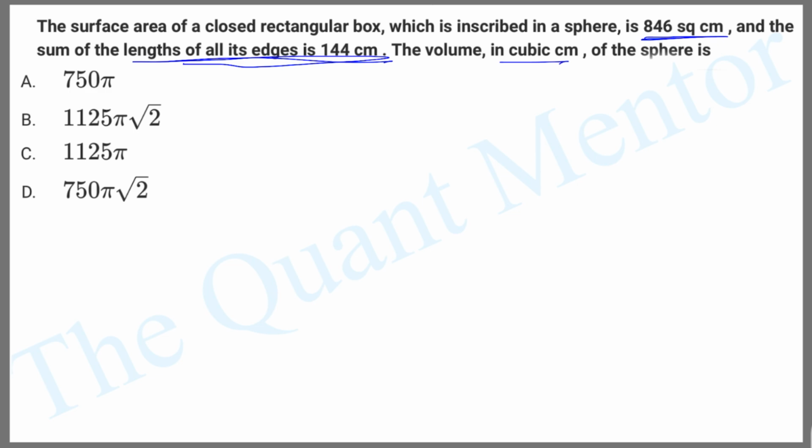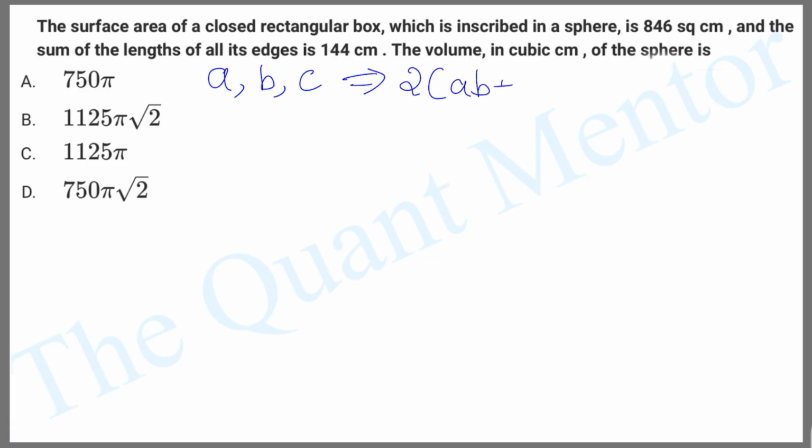Interesting question. We also had a similar question asked in CAT 2016, pretty much similar, but in that they had asked only the diameter of the sphere and not the volume. So let's start by assuming the length, breadth and height of the box as A, B and C centimeters. In that case, your total surface area would be twice of AB plus BC plus CA,